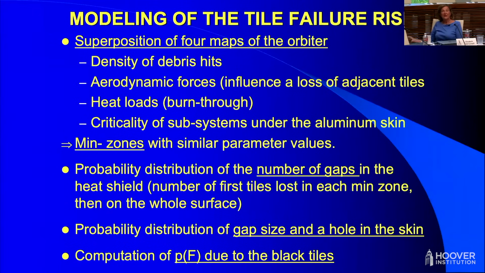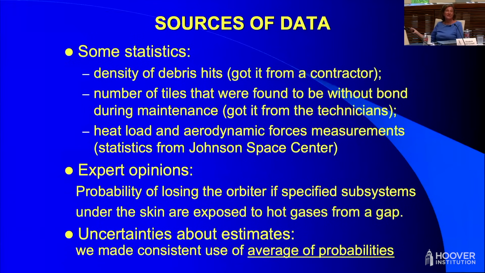Okay, by putting all these maps one on top of the other, we obtained what I call the min zones, minimum zones, with similar parameter values, and we could compute the probability distribution of the number of gaps in the heat shield, that is the number of first tiles lost, then on the whole surface, and then the probability distribution of the gap size and a hole in the skin, and then computed the probability of failure due to the black tiles failures. Sources of data, we had statistics, density of debris hits, number of tiles that were found